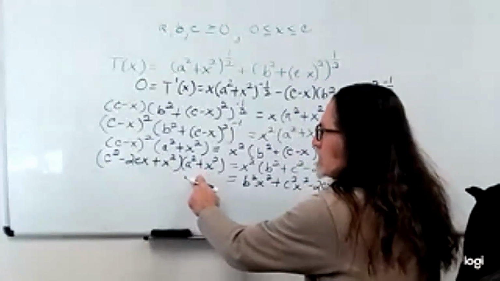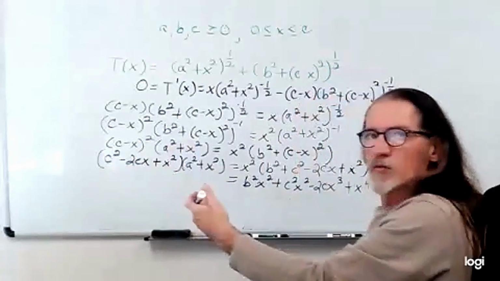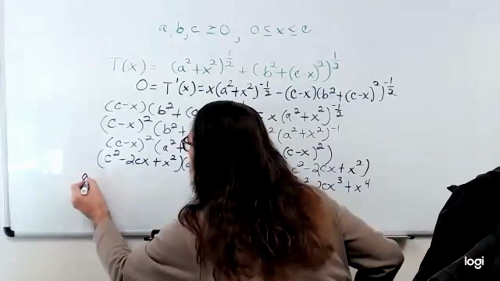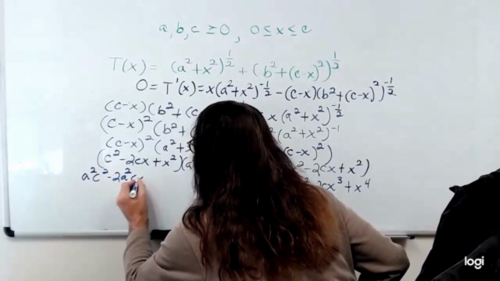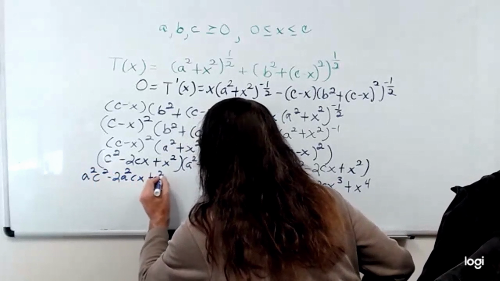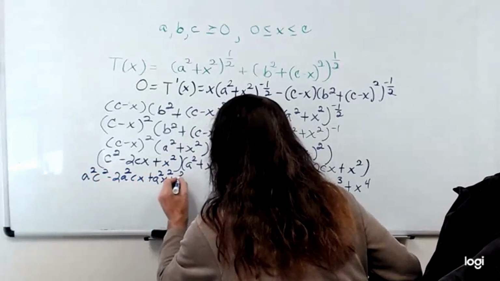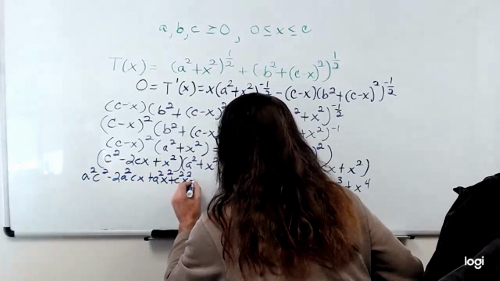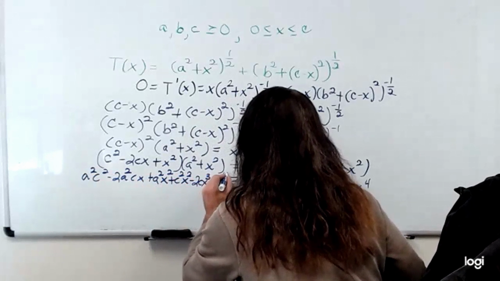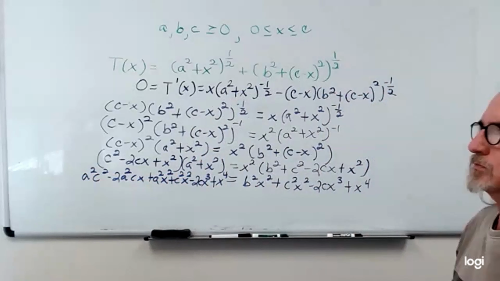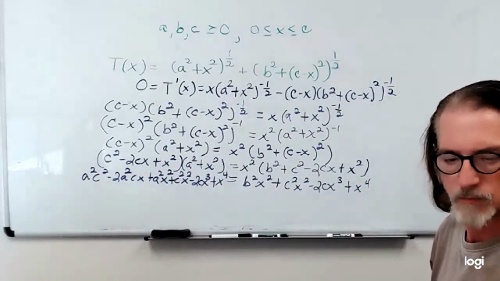On this side, I'm distributing the a squared, and then I'll add to that distributing the x squared. And that really doesn't look very nice, but